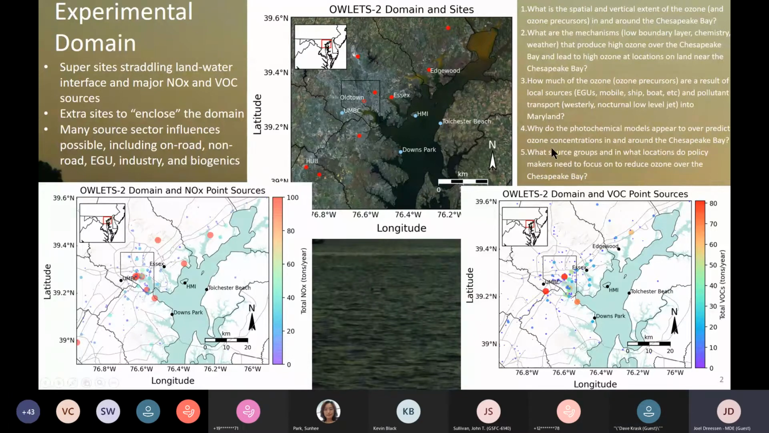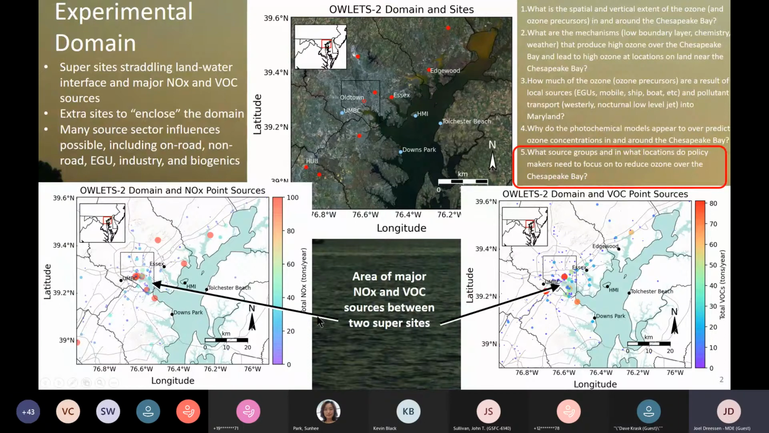And then of course there's modeling questions in there as well, but right now I want to focus on what source groups and what locations policymakers really need to focus on to reduce the ozone that is occurring over the Chesapeake Bay. As I mentioned, there are huge amounts of ozone precursors that are released between UMBC and Hart